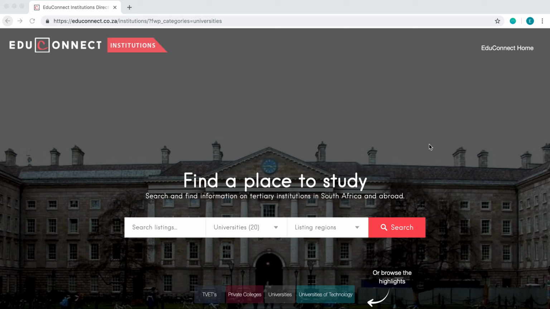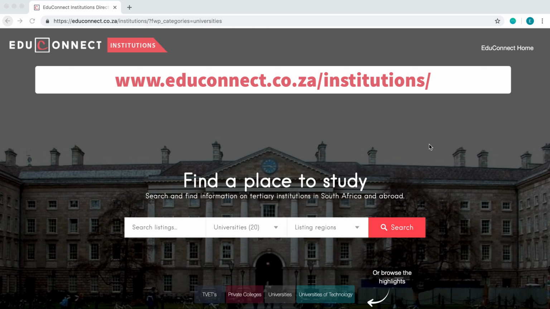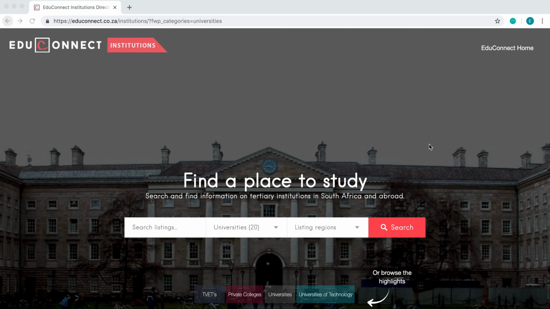Open your internet browser and make sure you have a secure Wi-Fi connection. Click in the search bar and type in www.educonnect.co.za/institutions/ and hit enter. Once you have the site in front of you, you will see three category filters: listings,